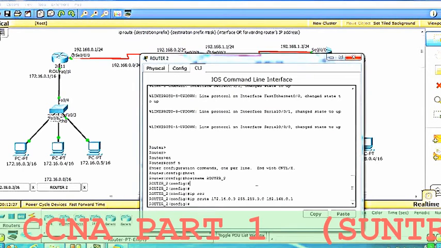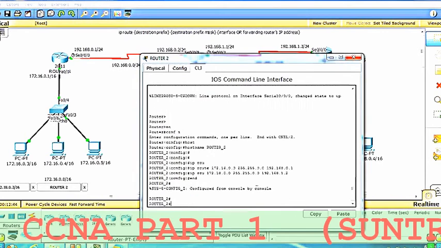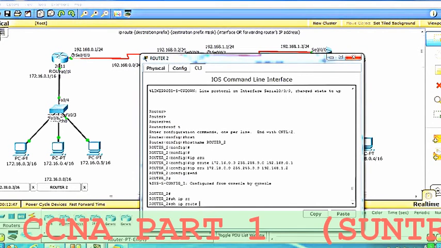So let's configure one more static entry: ip route 172.18.0.0. This is my destination network, this is its subnet mask, and the next hop IP is 192.168.1.2. Hit enter, and then let's check the IP table. Show ip route.